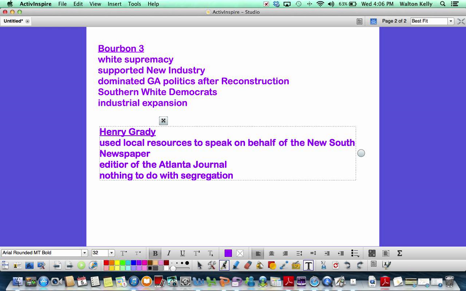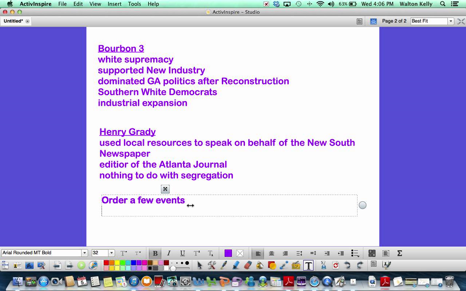Alright, moving into our third slide on this flip chart page. We need to order a few events. There was a little bit of confusion over that as well. First of all, we had to abolish slavery. I know I misspelled it, my bad. We had to abolish slavery in the United States. Once we abolished slavery, and we know that was the 13th Amendment,